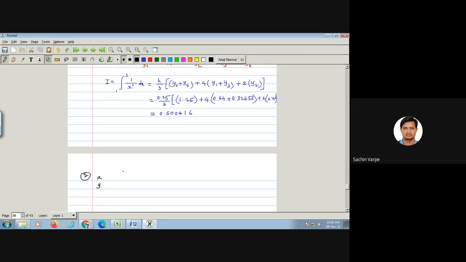X values are 1, 1.1, 1.2, 1.3, 1.4, 1.6, then 1.9, then 2.2, and the corresponding y values are